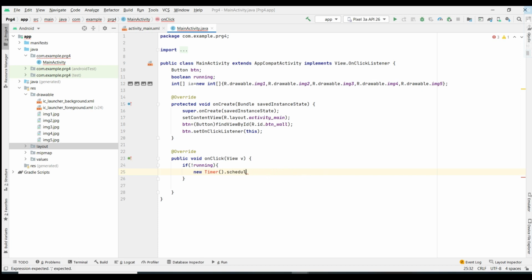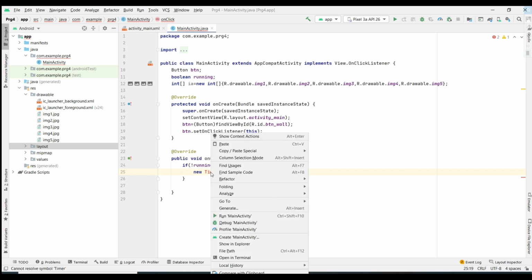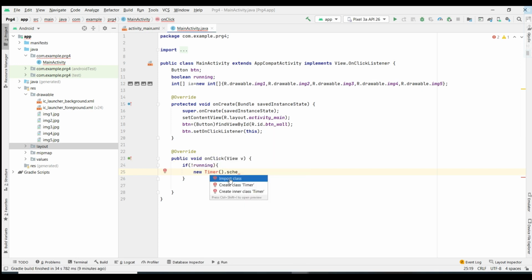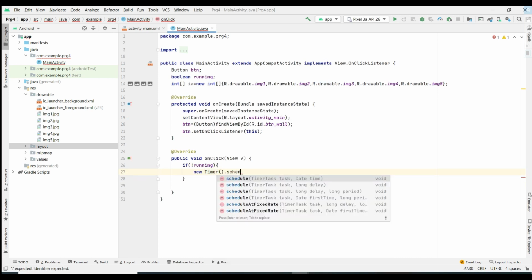So I will show you: if you type schedule and it is showing a red mark, just import the class. If you start to type schedule after importing the Timer class, you are going to get these suggestions, otherwise you will not get them. So better to clear the error of the timer by importing the class first, then go for the schedule.